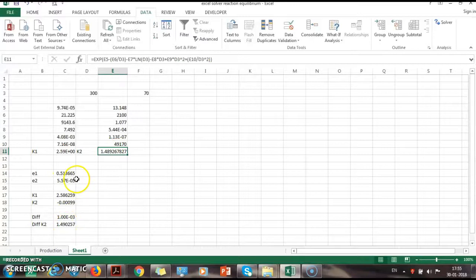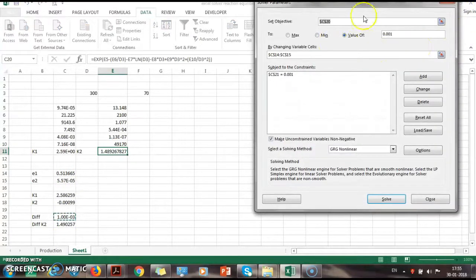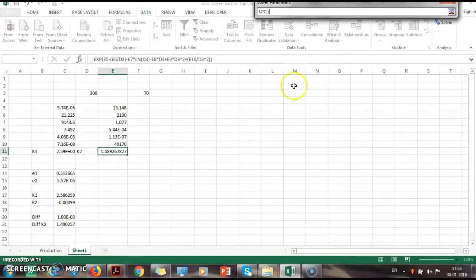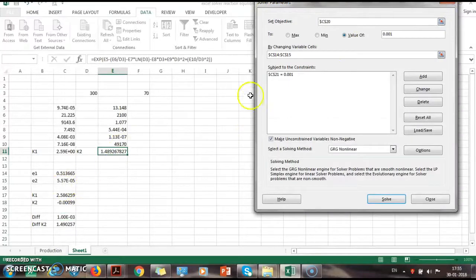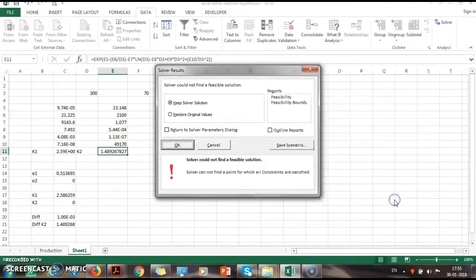And now we'll try to repeat the same. In Solver, C20 is the difference between K1 based on T and this, and my constraint now is the difference between K2 from epsilon and from temperature. So now if I press solve,